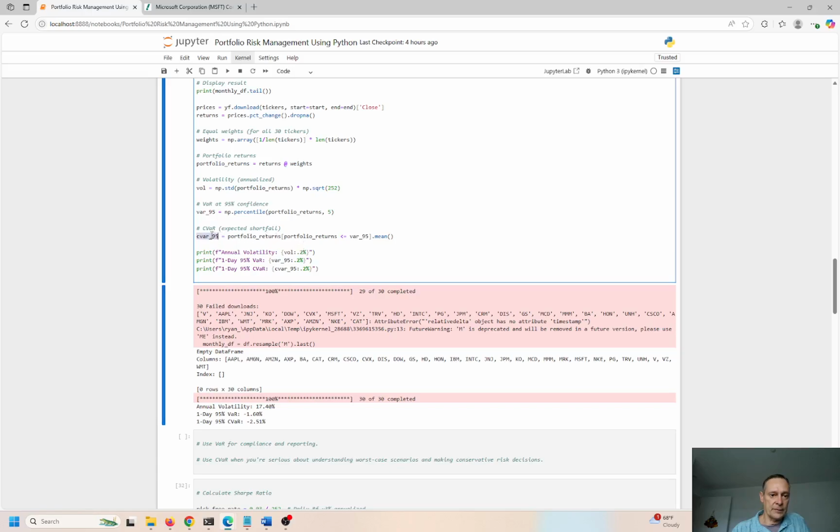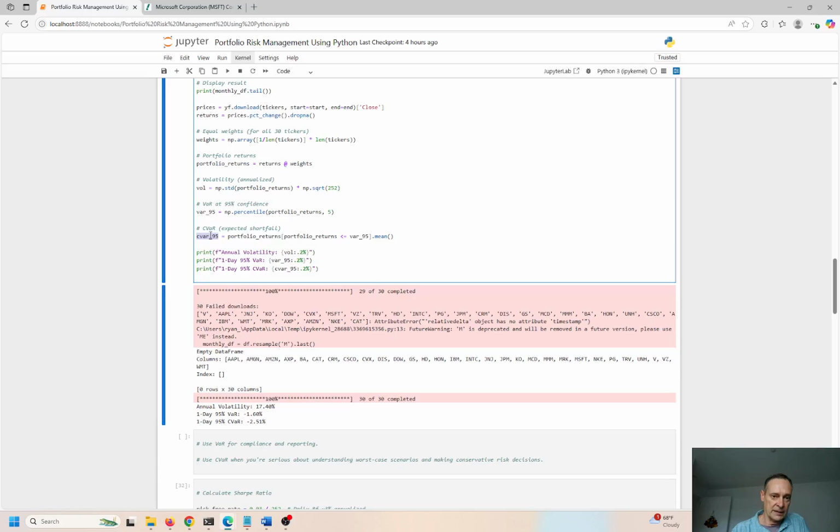So here's the CVaR at 95%. So we set a confidence interval. This comes from over here. Okay, portfolio returns. VaR is portfolio return, and 5 is giving us within 5 degrees of confidence, 95 degree of confidence, right? This gives us the VaR 95, and we're using less than the average of the VaR 95